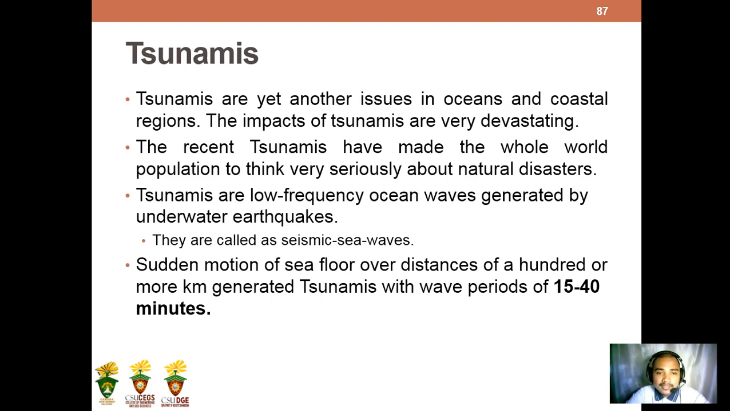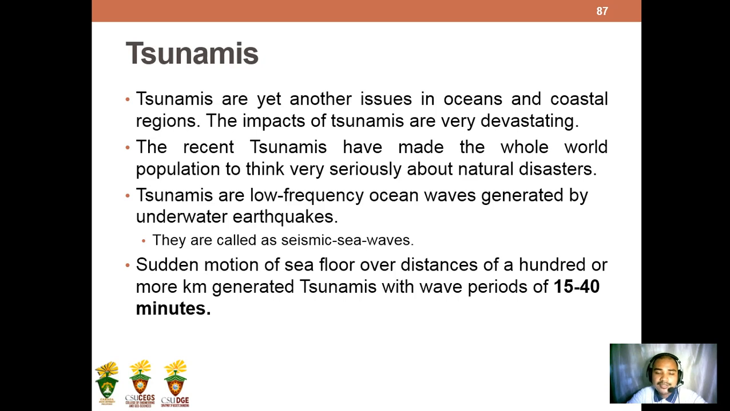Tsunamis are yet another issue in oceans and coastal regions. The impact of tsunamis is very devastating. It is a very damaging phenomenon. Remember the tsunami in Japan, where a very large area was damaged. The recent tsunami has made the whole world population think very seriously about natural disasters. Not just floods or earthquakes, but we also need to consider this one as a damaging